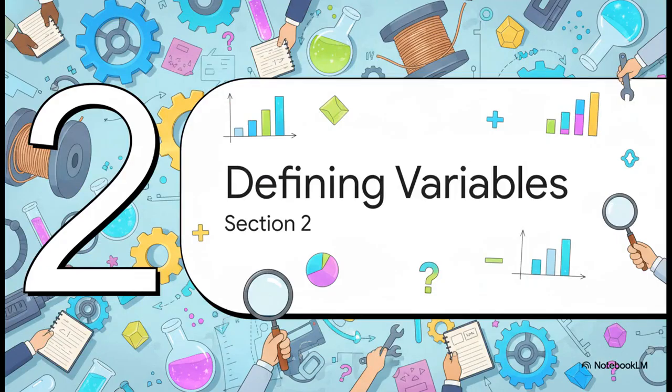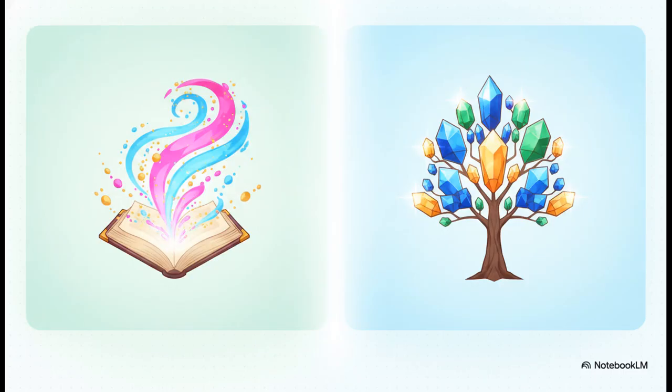Section 2, defining your variables. Now, what's really interesting about this slide is that it kicks off how we start gathering the raw materials for our machine. To make this whole formula actually work, we need those raw materials. You can visually separate these 2 core ingredients instantly by thinking of them as cause and effect. On the left, you've got the independent variable, which is the cause or predictor, like study habits or, let's be